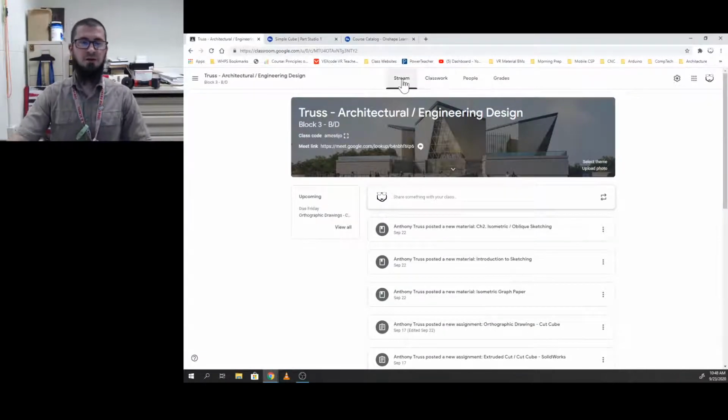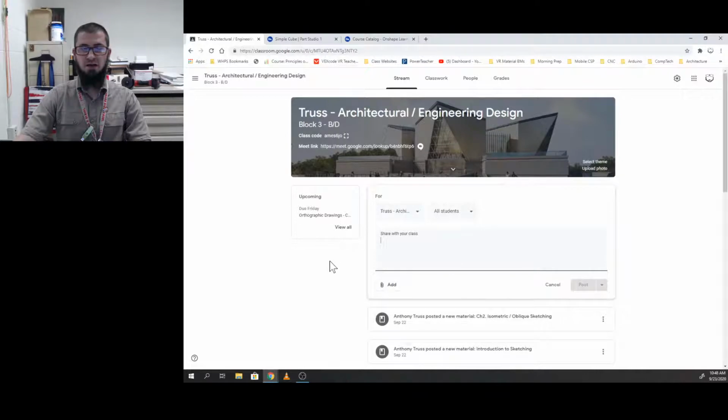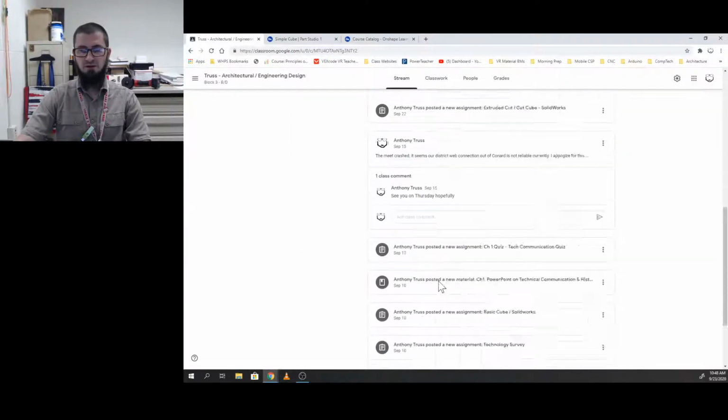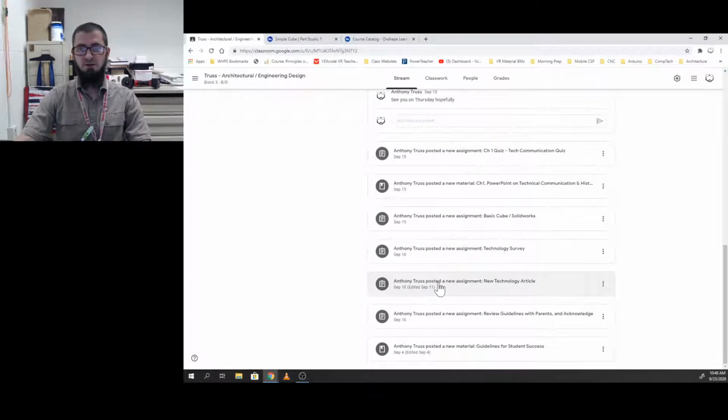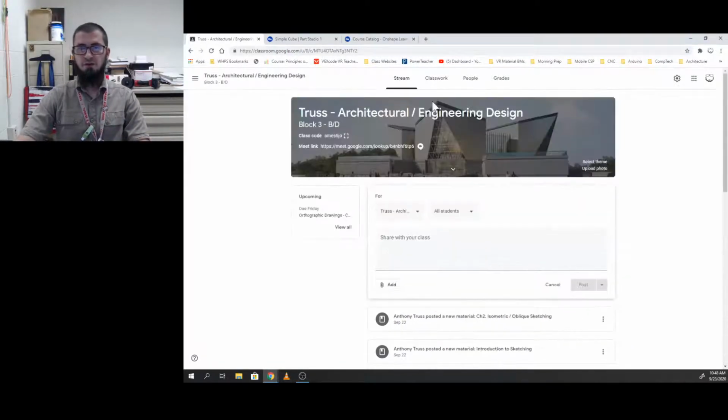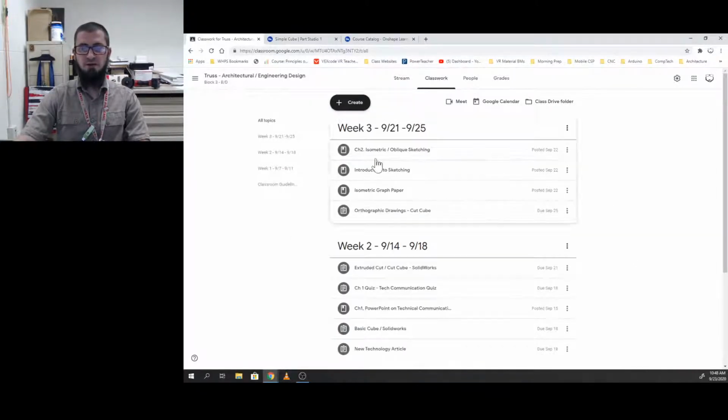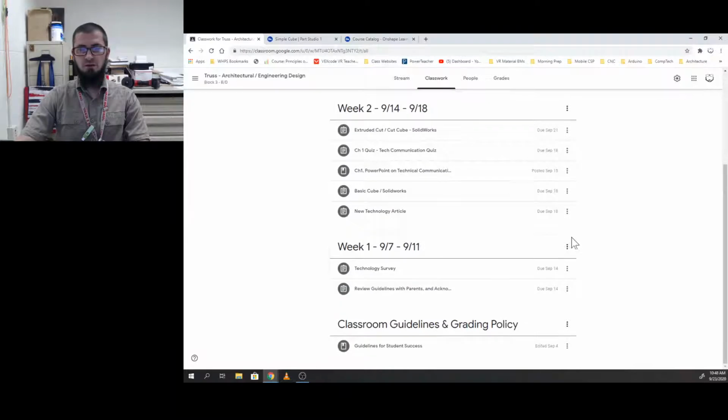What you see here in the front is the first tab of the Google Classroom, which I'm sure you're familiar with at this point, our chronological stream. I could post an announcement, a topic, a question, or so forth. However, at this point, the streams are confusing in terms of keeping track of what needs to be done and when it was assigned. So I like to have students and parents focus on the classwork tab, where I keep things organized by week. So all you have to do, regardless of topic, is focus on what needs to be done in that week